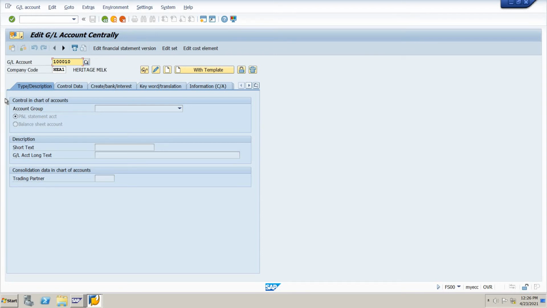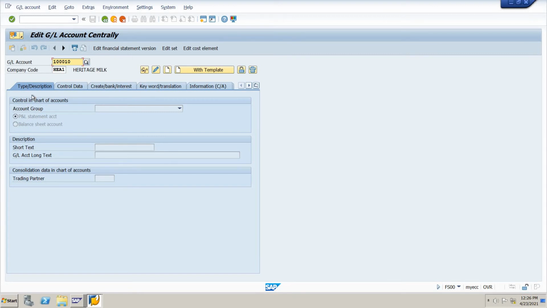So this is the page of the creation of the general ledger accounting master data in the first T code, FS00. Here we can see the FS00. The three types are centrally, chart of accounts, and company code.